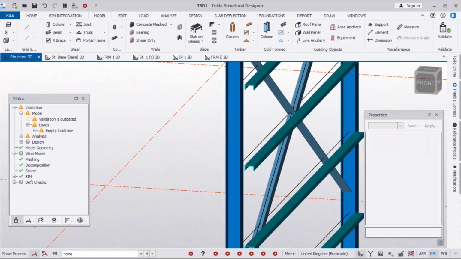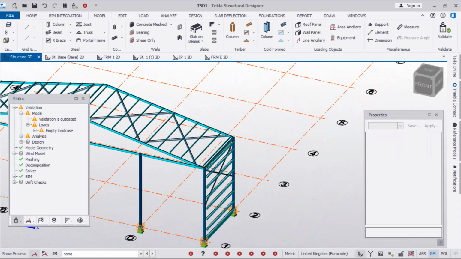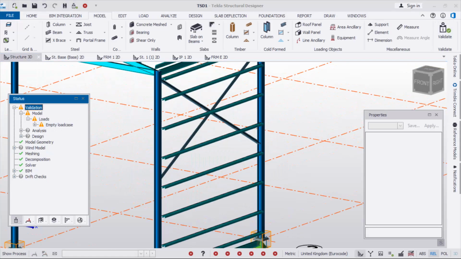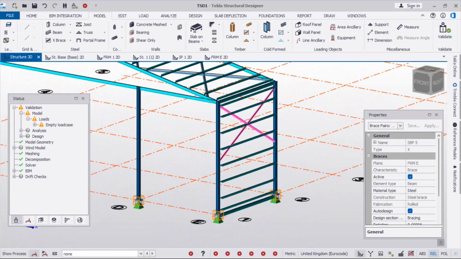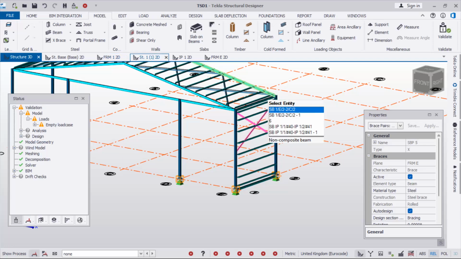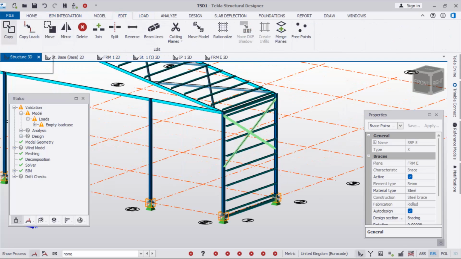Just check to see it's okay, it's not crashing with the purlins, with the guts. So we can just check, validate, see if you have any errors. We don't have any, so just copy this. You can just come to this frame here and just come and edit, and you copy this